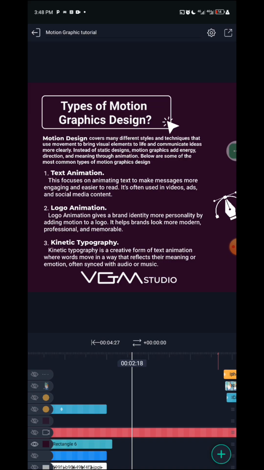Number 3 is kinetic typography. Kinetic typography is a creative form of text animation where words move in a way that reflects their meaning or emotion, often synced with audio or music. So this text animation means that they may use voiceover and they may not use voiceover. But if they use voiceover,